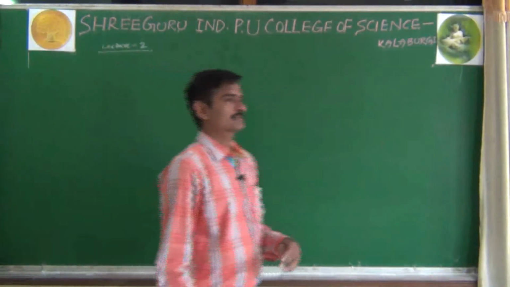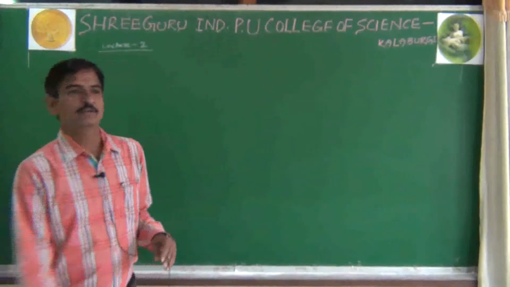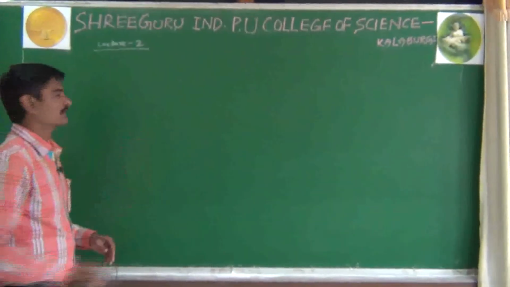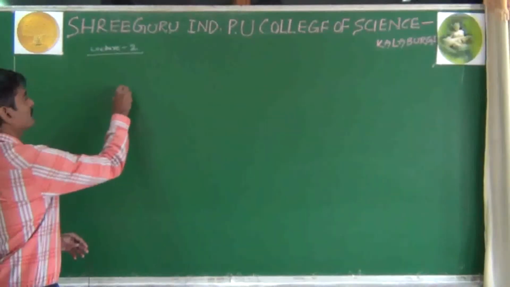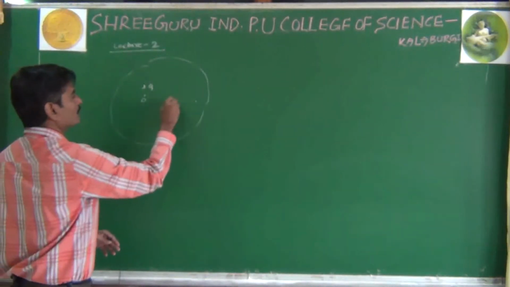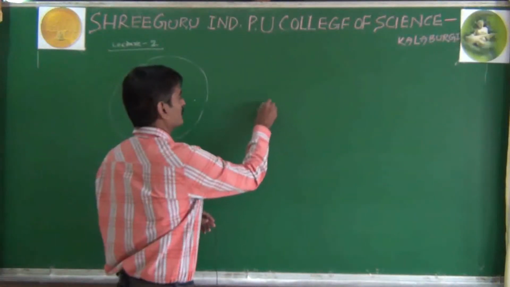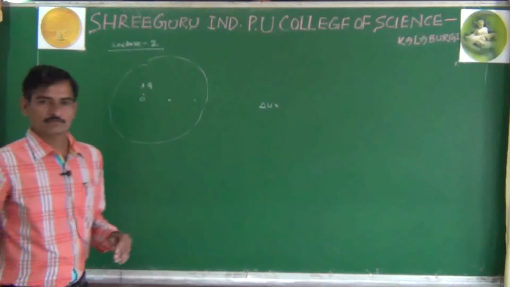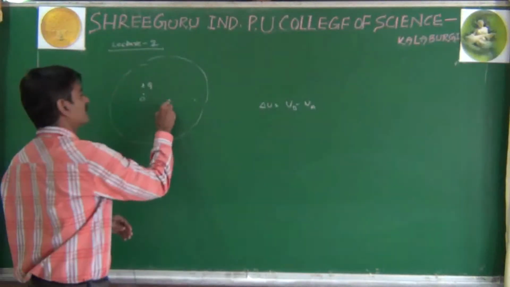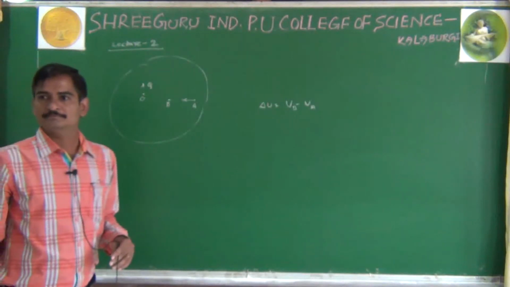So in that class we studied the electric potential energy difference for two points in an electric field. If there is a source charge plus Q at the point O, there will be an electric field. Between the two points, the electric potential energy difference is delta U, equal to UB minus UA. This is point B, this is point A, and the test charge is moved from A to B, so work has to be done.